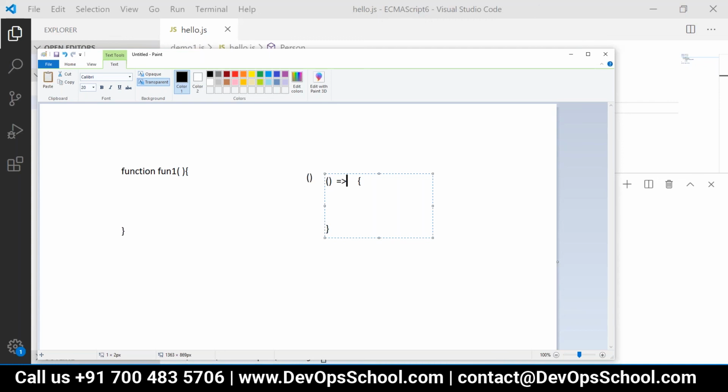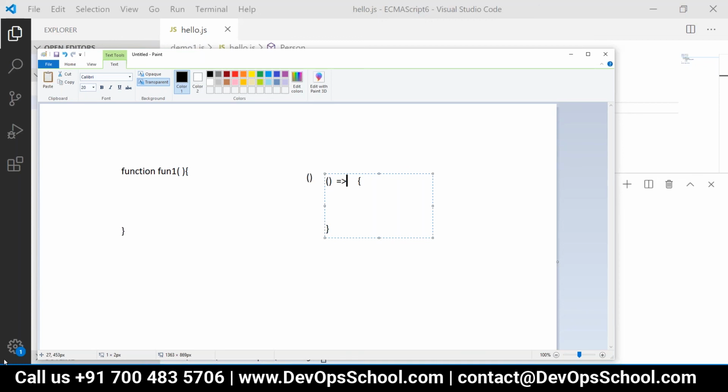An important point to note here is that an arrow function will not carry its own this. Your syntax becomes more concise. You require a name for the function when you call it multiple times, but when you are not calling it multiple times, you don't require a name.